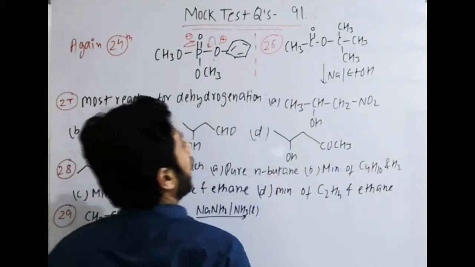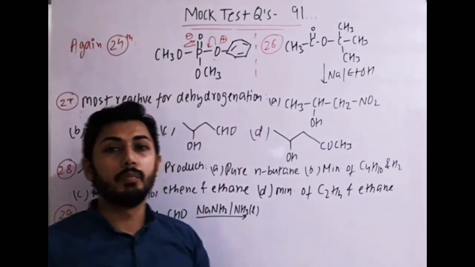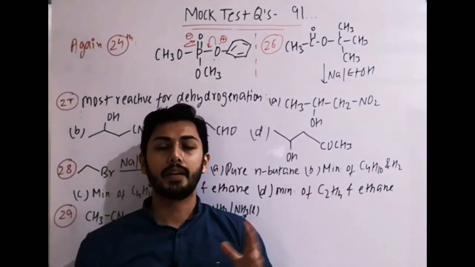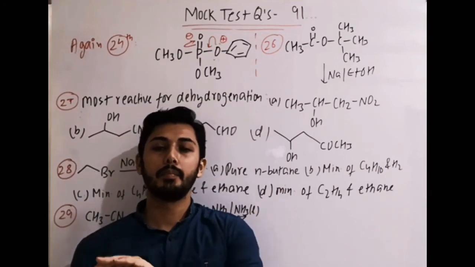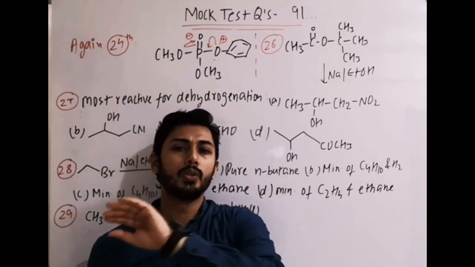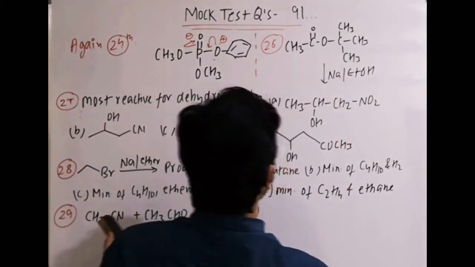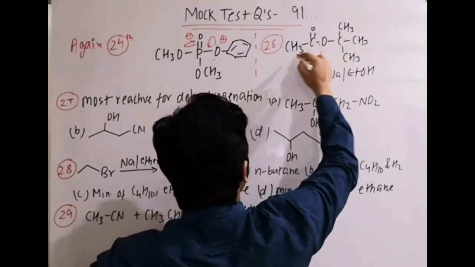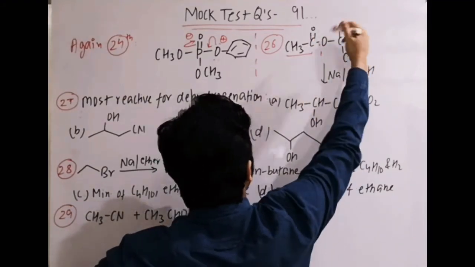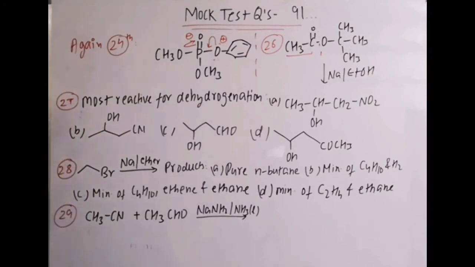Next is ester with Na-ethanol. Remember, this is Na-ethanol. We have done already in one of the mock tests about the Bouveault-Blanc reduction, where I have mentioned which groups it reduces and which groups will not be reduced. So only using the information as per the requirement here, yes, it reduces ester groups, and finally this part will give you ethanol and this part will give you the tertiary butyl alcohol.